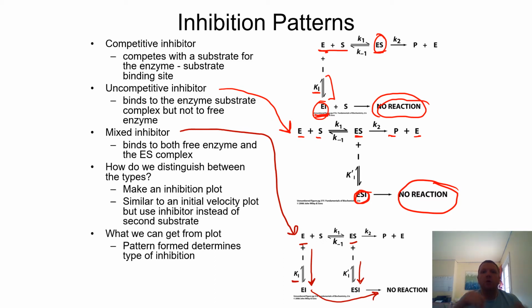scientific method. You would gain some insight, maybe from a structural study. What does this protein actually look like? Okay, I'm going to design this small molecule, and I would expect that it's going to bind in this particular location. And I expect, because it binds in that location, maybe it's going to be a competitive inhibitor. Well, that's all good and well, and that's a great approach, but ultimately what matters is what does that graph actually look like? Because when you look at that graph, that's going to tell you what type of inhibitor